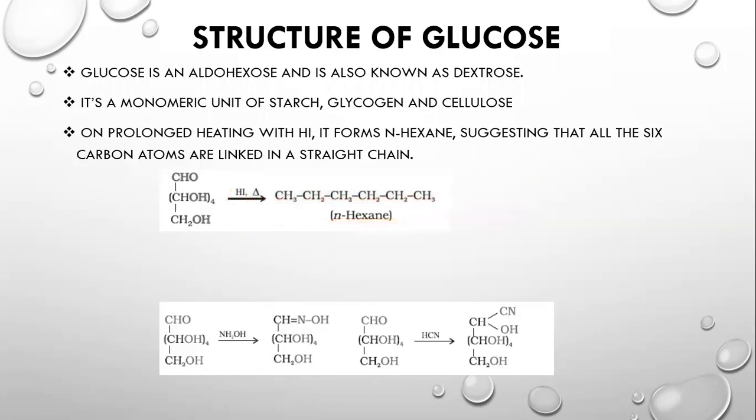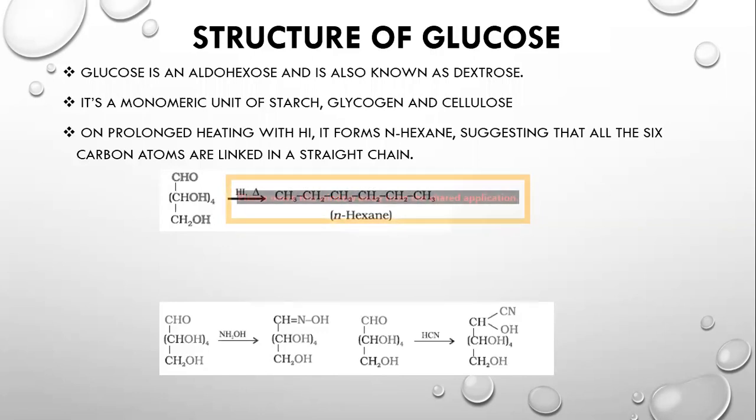Suppose, write one thing on your papers. So suppose you have CH3, okay? Write on your paper the open chain structure of glucose: CHO, CHOH, CHOH, CHOH, CHOH, CH2OH, right? So you just start removing OH and start adding hydrogen.